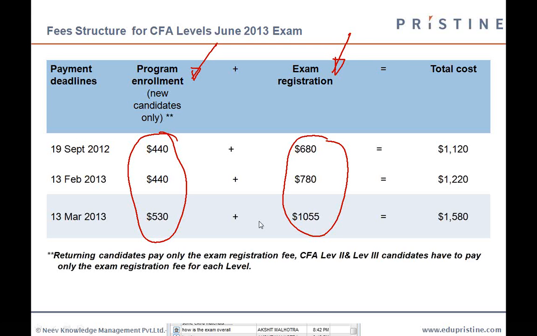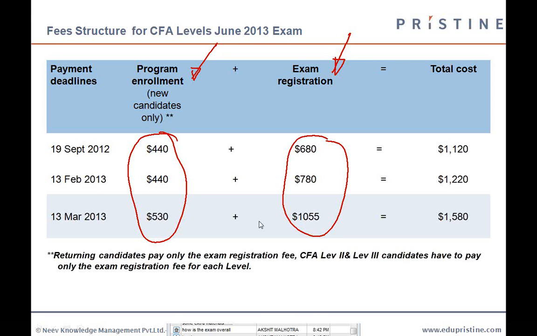And obviously, once you finish level 3, even if you don't have a charter, if you just say you have finished CFA level 3, you are on a totally different plane altogether. Having said that, there are definitely students who have got very good jobs after CFA level 1, but I would say that is because they already come from a good financial background, and CFA level 1 is more an establishment of the fact that they've got an official degree for whatever they feel they know in finance.